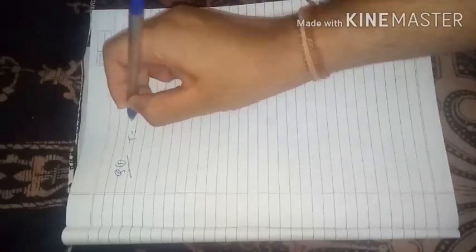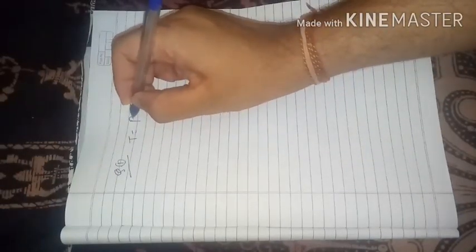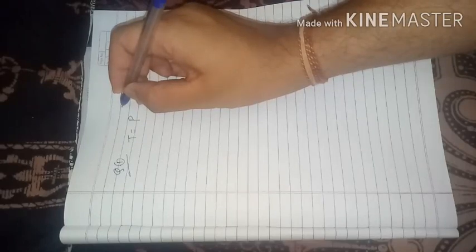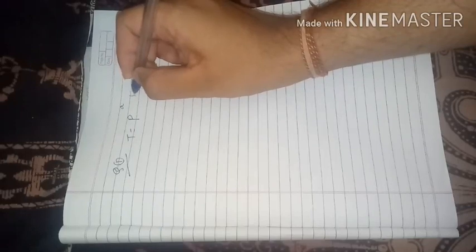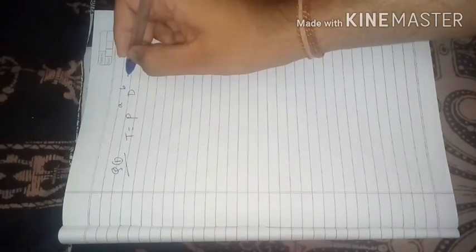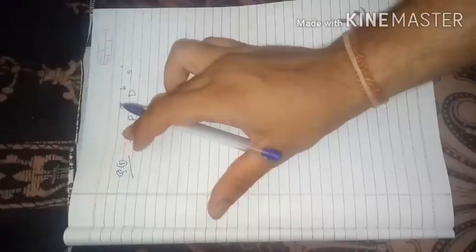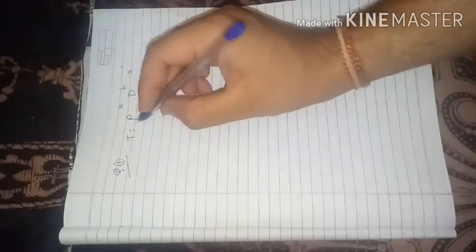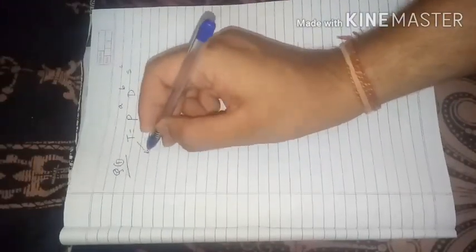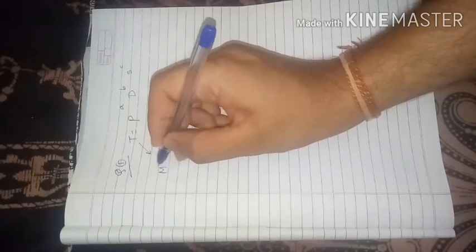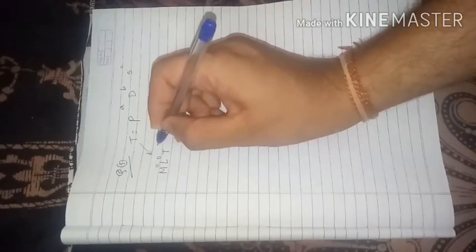So the time period is represented by P raised to A, D is density raised to B, and S is the surface tension raised to C. Alright, so we have not discussed the surface tension before, so I'll just discuss with you. So P is pressure, and T, what is T? T is time period, so this will be M0 L raised to 0 and T raised to 1.